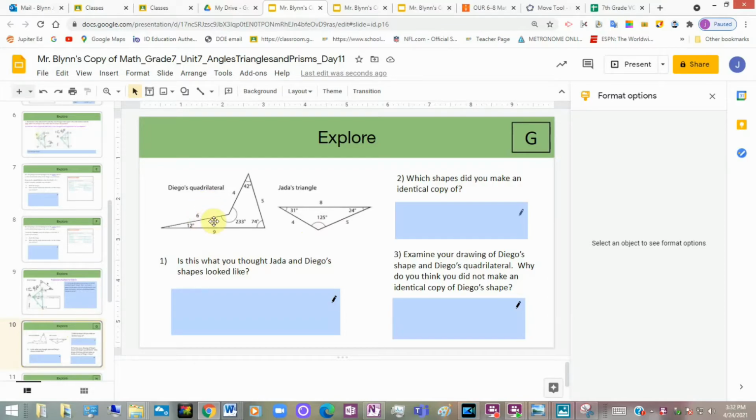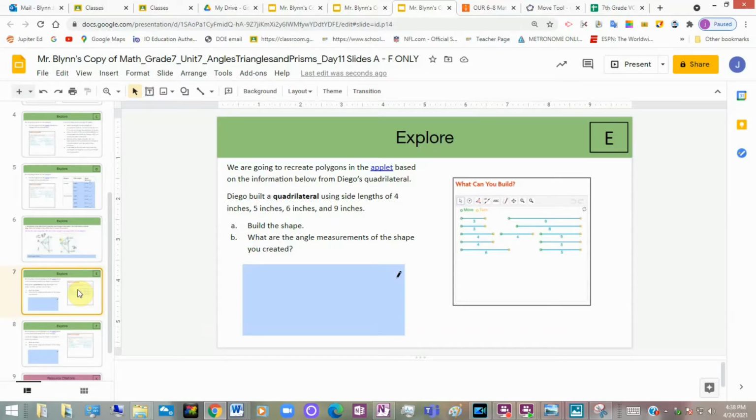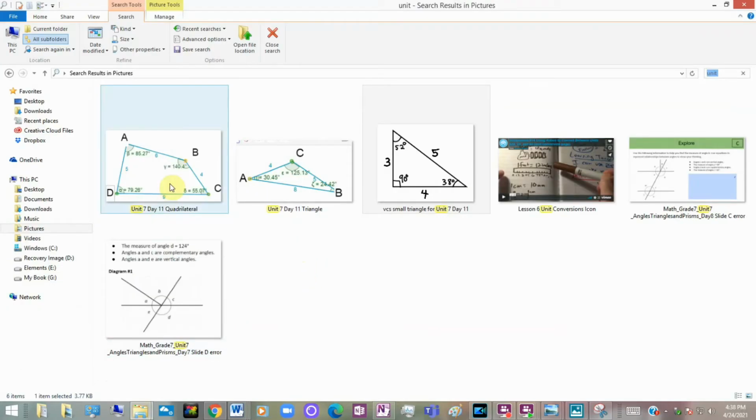In fact, the likelihood of making Diego's exact quadrilateral without looking at it is pretty low, because there are so many different types of quadrilaterals that the students can make. And this is a very interesting thing for them to explore. So if they see slide G, it defeats the whole purpose of the lesson. Once they complete slides E and F, making sure they've already taken screenshots of their work,